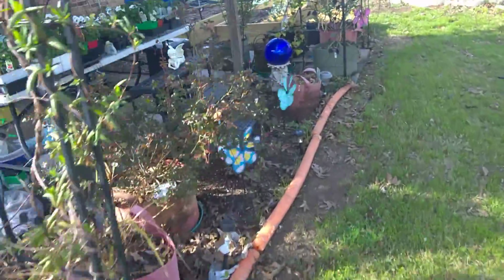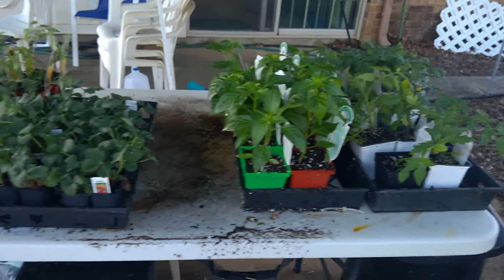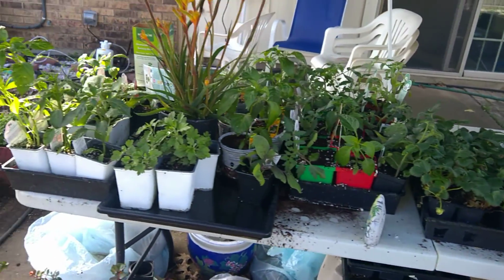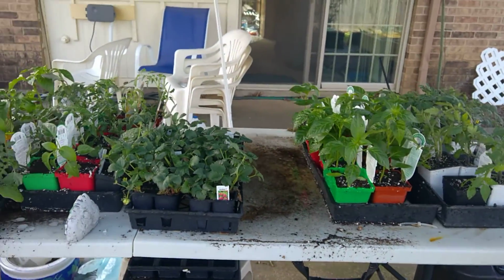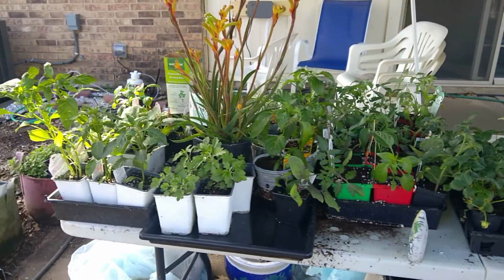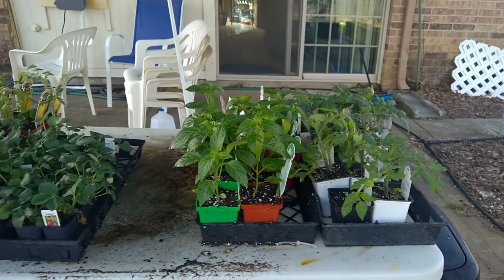If we come back over here, you'll notice that I got tomatoes and peppers and eggplants and stuff like that ready to go. So I got these Friday, so here it is Sunday, so I'm keeping them watered because I don't want them to dry out. I just got them, but I wish I would have been a little bit more prepared. Anyways,